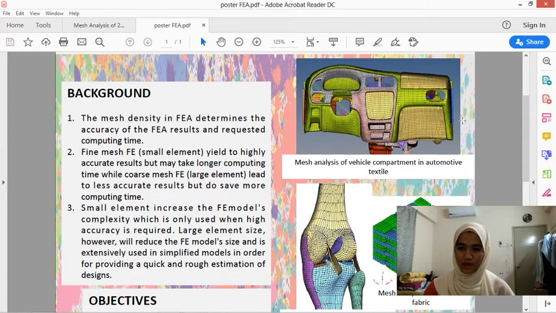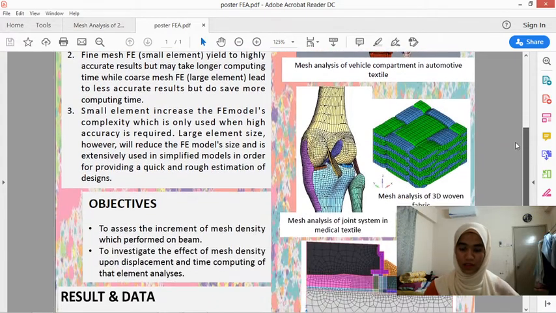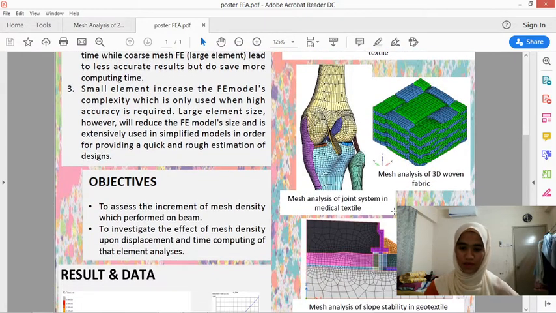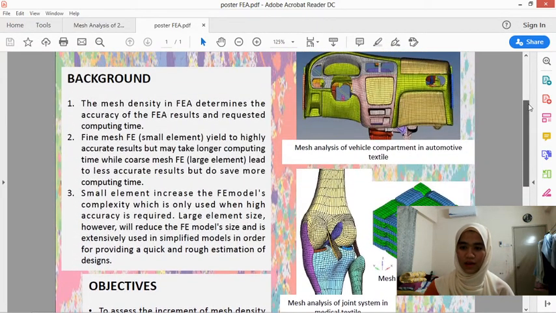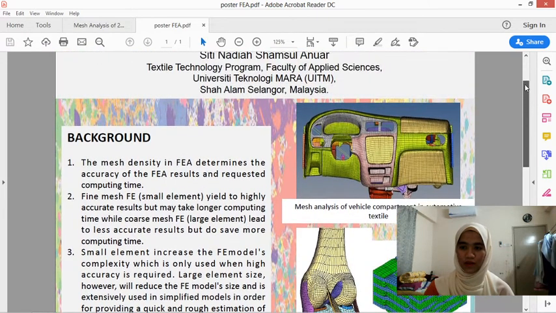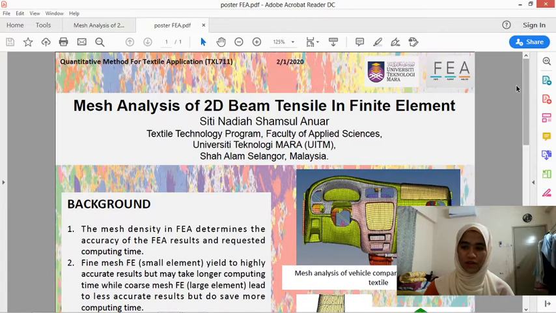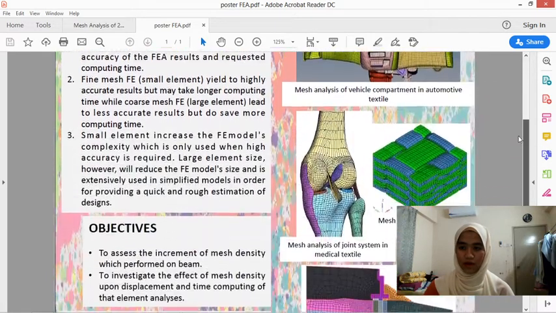Mesh analysis of vehicle compartment in automotive textile, mesh analysis of joint system in medical textile, and finally mesh analysis of slope stability in geotextile, which shows that FEA has been widely used in textile application because it gives